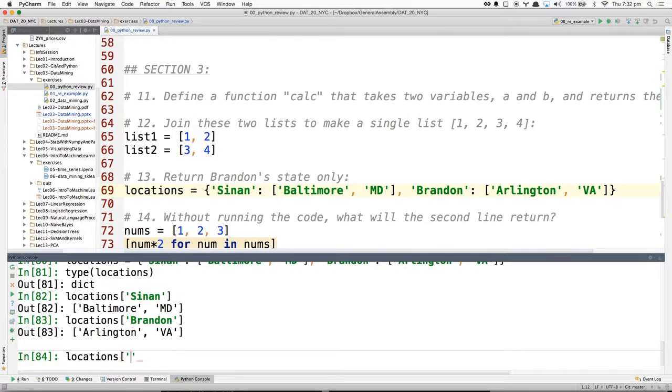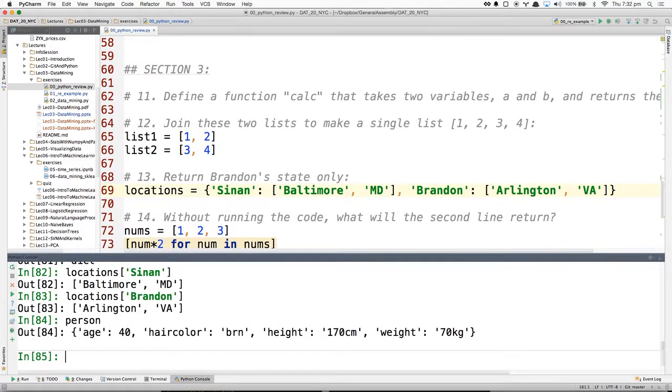What if I did location, person, call this person anonymous. Location.anonymous equals, remember I created person? I created this just a bit ago. Now if I do locations anonymous equals person,